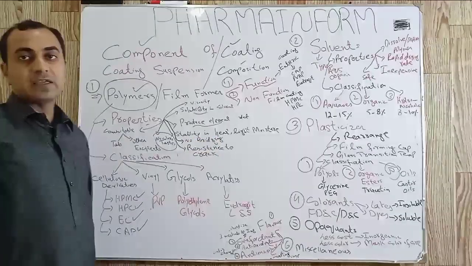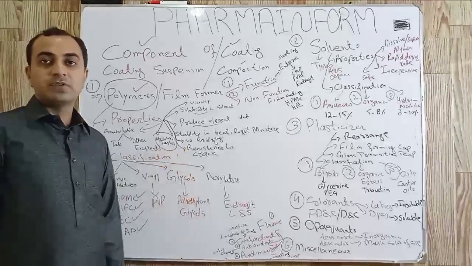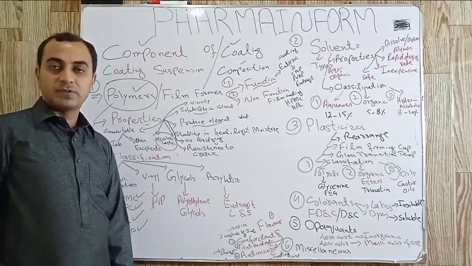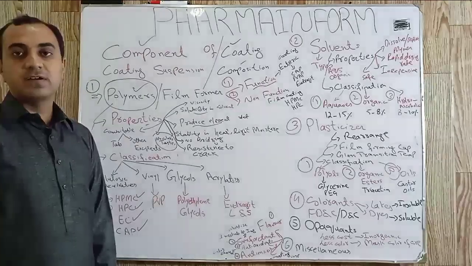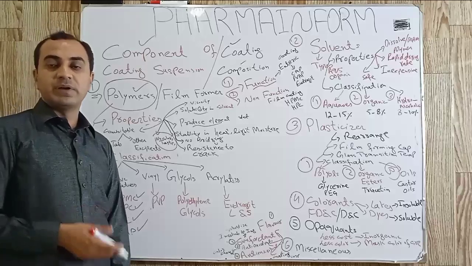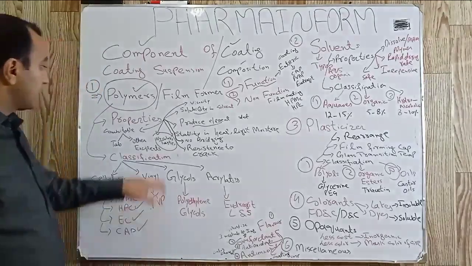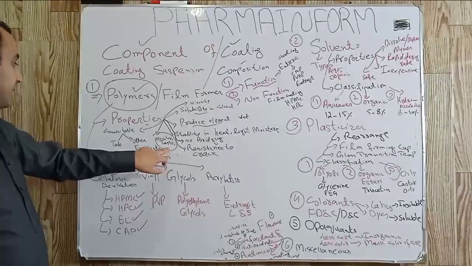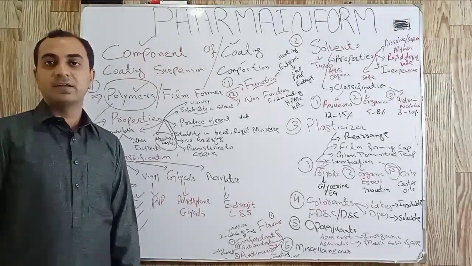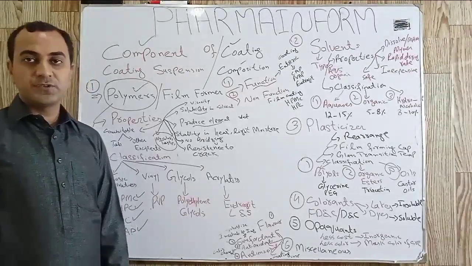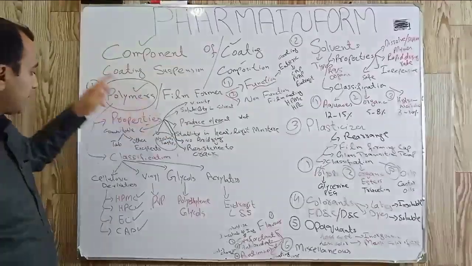It should be stable in heat and light, and the polymer we are using for the coating suspension should not produce any bridging effect, or fill the monograms or break lines which are embossed or debossed on the core tablet. It should be colorless and tasteless. The polymer used should be compatible with the core tablet and the other ingredients used in the coating suspension. So these were the basic properties of the polymer.